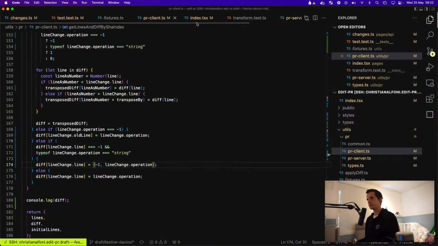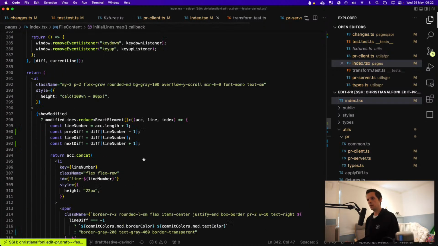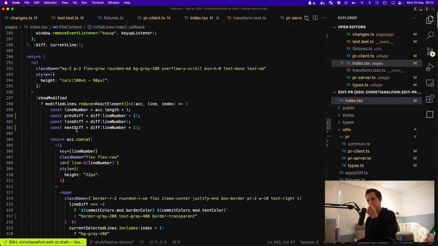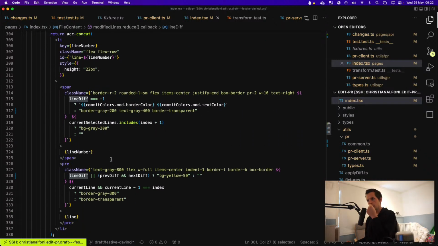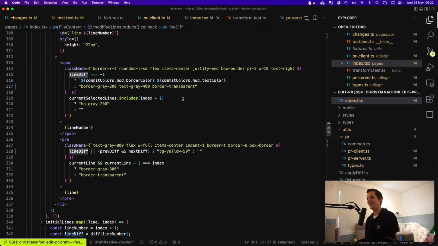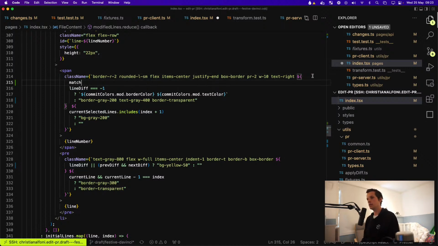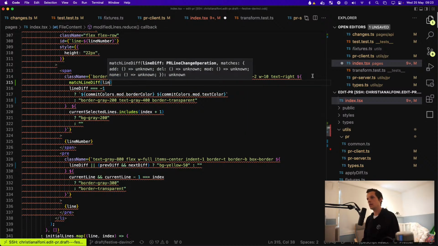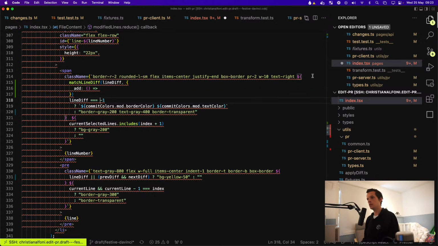Didn't I? How did that work? So show modified line diff. Oh yeah, I changed that as well. Let's see. So if it's an actual removal, yeah, sorry, I need to bring match diff line diff. Let's bring this back. So if it's an addition,